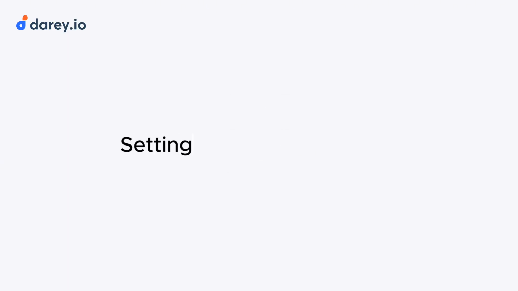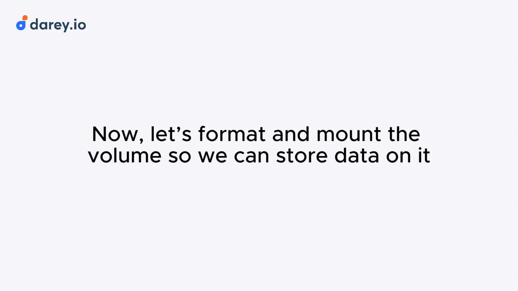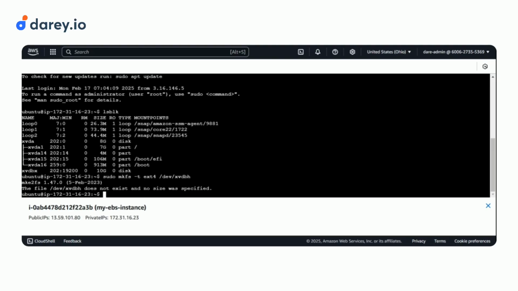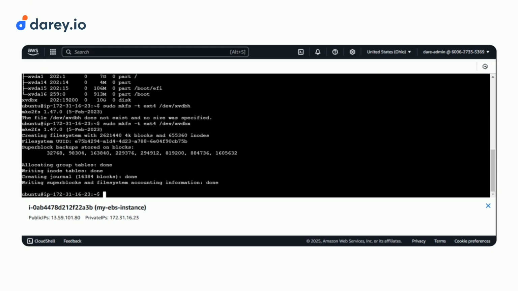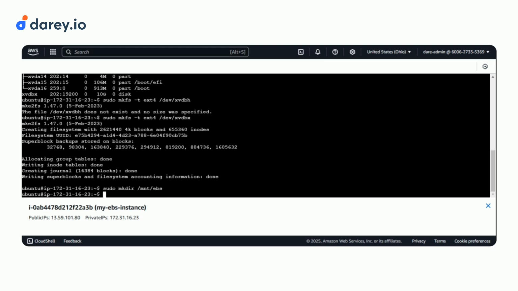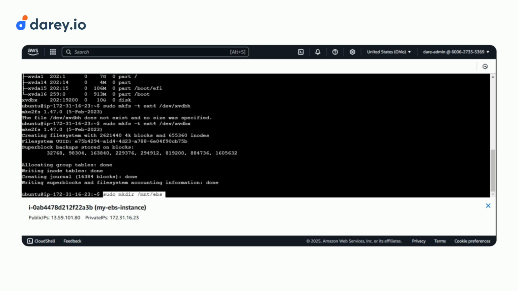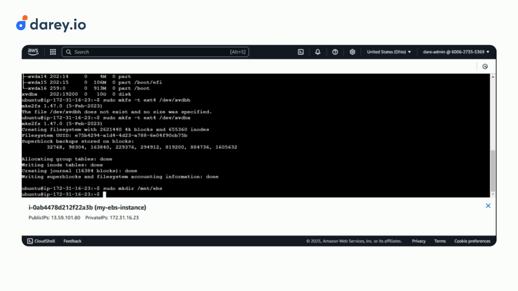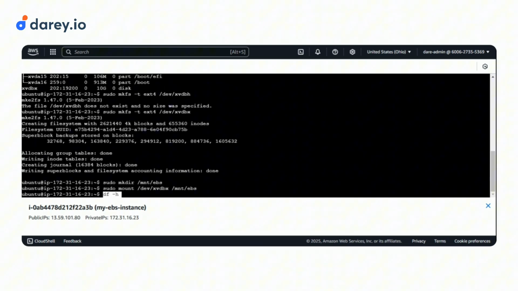Step 5. Setting up the EBS volume. Now let's format and mount the volume so we can store data on it. First, create a file system on the new volume using the following command. Next, we'll create a directory to mount the volume. Now we'll mount the volume to the directory. We'll verify that the volume is successfully mounted using